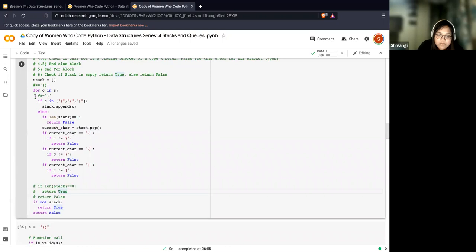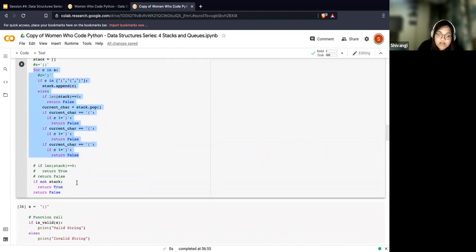So that's it. Your for loop is done after this. Then I'm checking if my stack is empty or not. When I popped that round bracket from the stack, my stack became empty. Since my stack is empty, I'm going to return true.